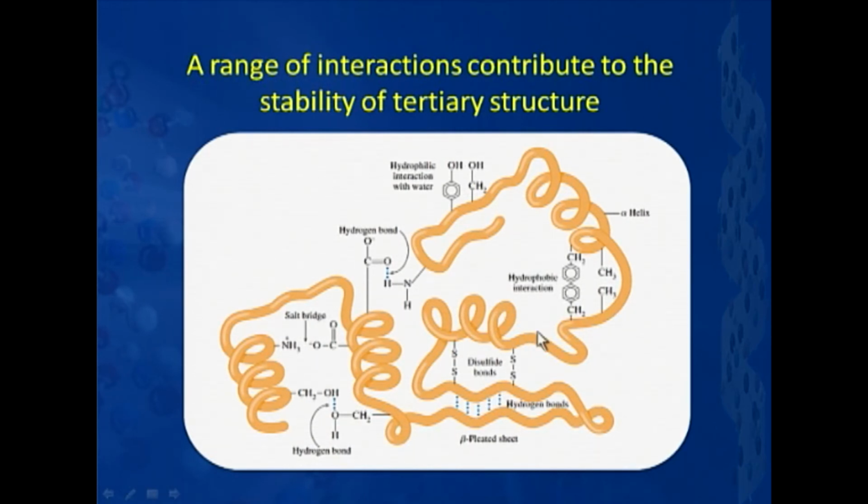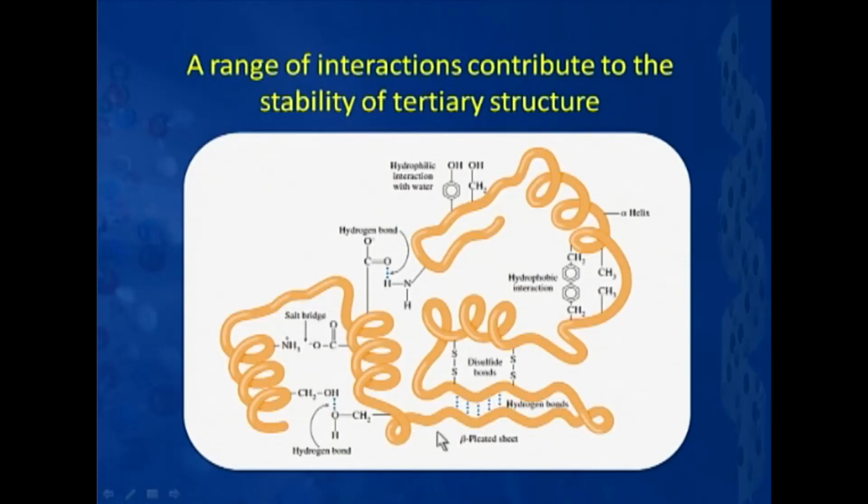Or another possibility could be, say, disulfide bonds. You remember that when we talked about amino acids, we talked about cysteine, and we made a mention there, the cysteine is very unique in itself, that it can form disulfide bonds, and this has a very significant role to play in stabilizing the structure of protein here. We see that this is a disulfide bond here.